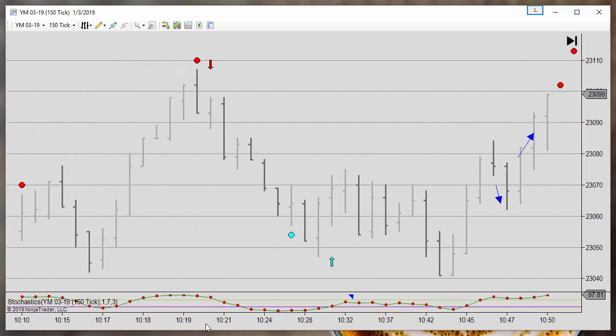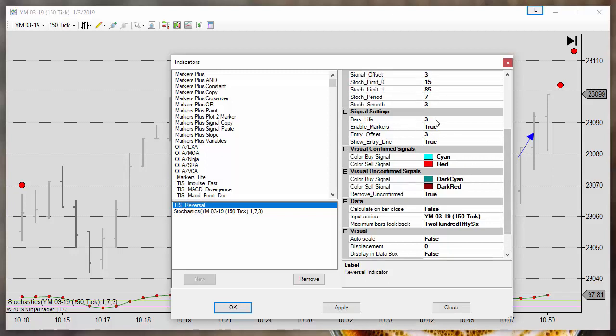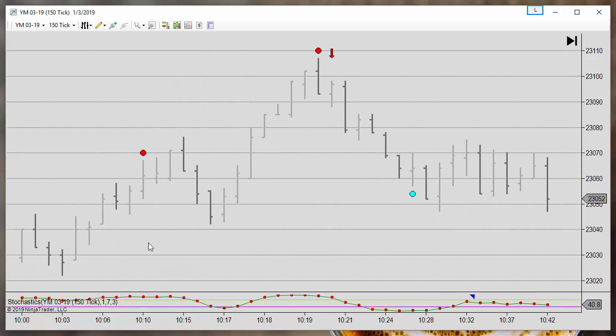And in this example, this arrow is an entry, a delayed entry from this dot, because we have not changed the bar life. I will avoid that entry. Let's give only 1 bar of life. We want an entry at the following bar of the dot. We have a dot and then an entry.